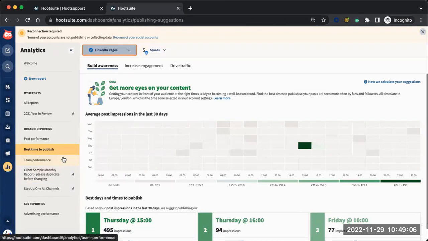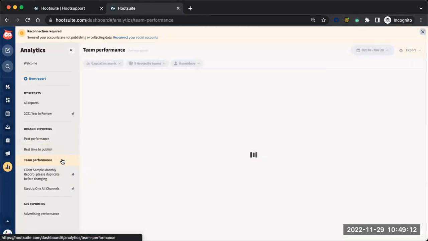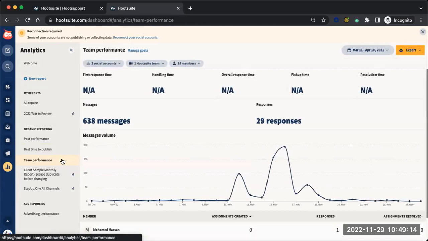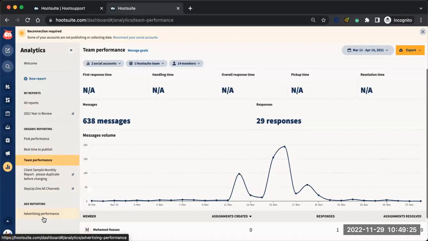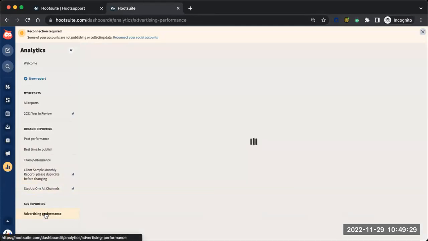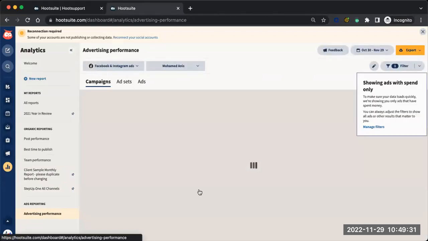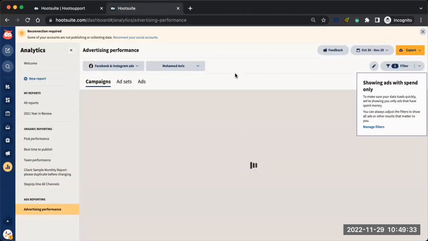If you're going to start using Inbox to reply to comments and private messages, I would also recommend the team performance report, just to understand how fast you can reply to comments, how many replies are being sent out and things like that. But for now, I'm not sure this is very relevant. And as I was saying, we also have advertising reporting, which is very important as well, because now that you